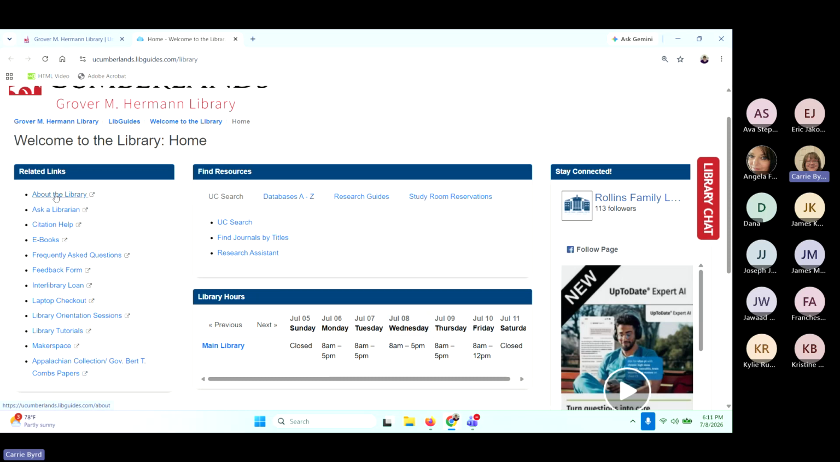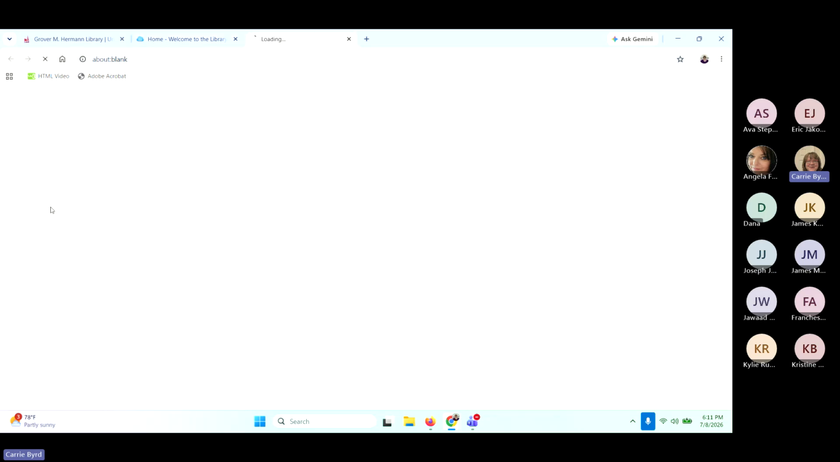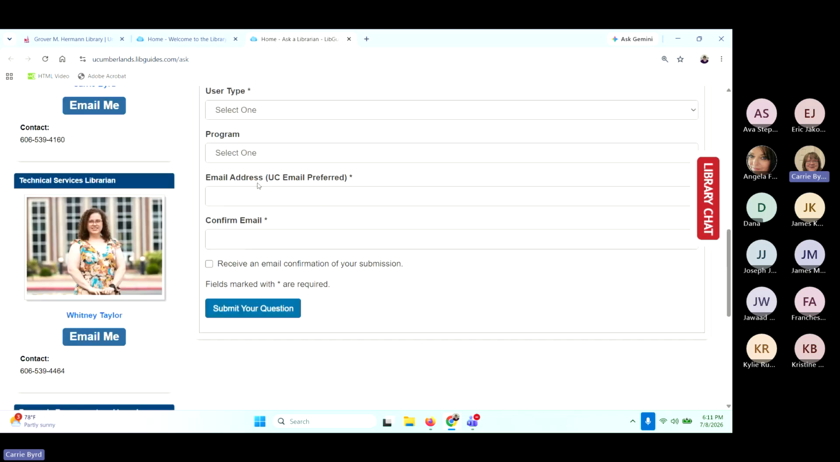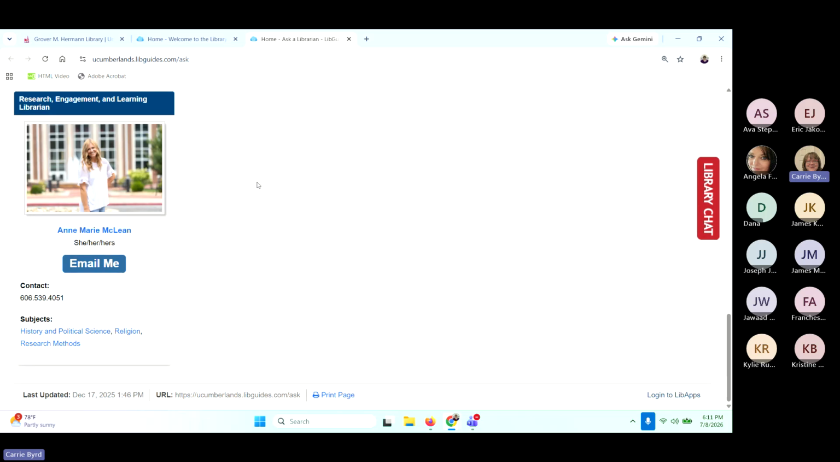Over on the left-hand side, we have about the library. This is where you can find things like our policies and procedures. We have Ask a Librarian. This is great, especially if you have a quick question. If the chat is not online, you can submit an Ask a Librarian and it will email myself and all of the other,